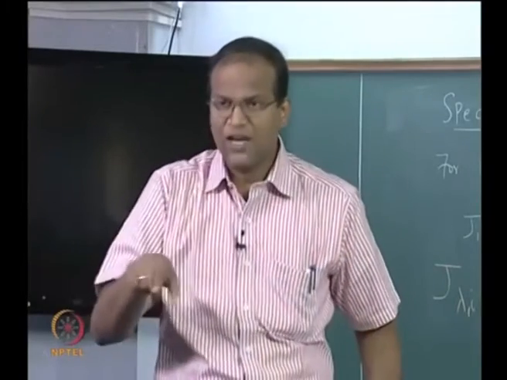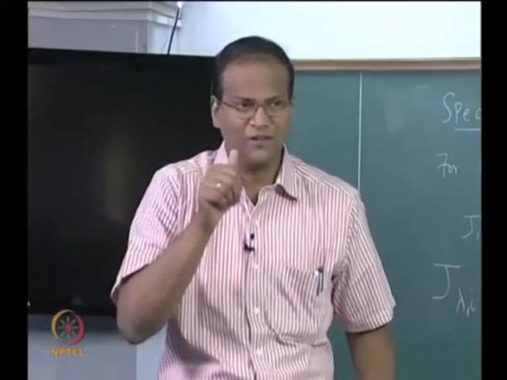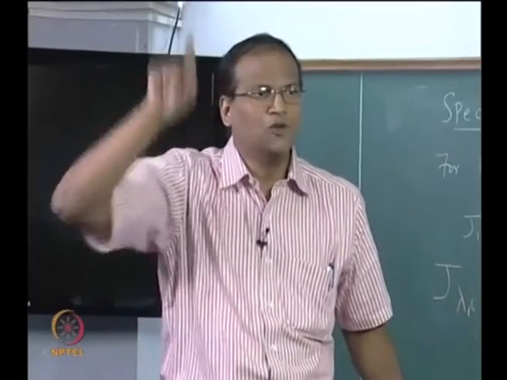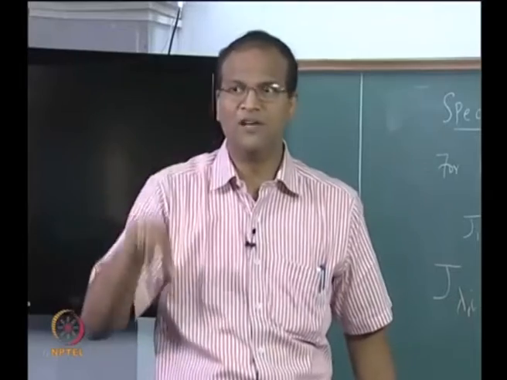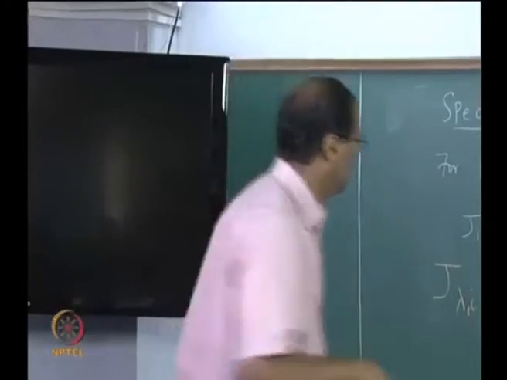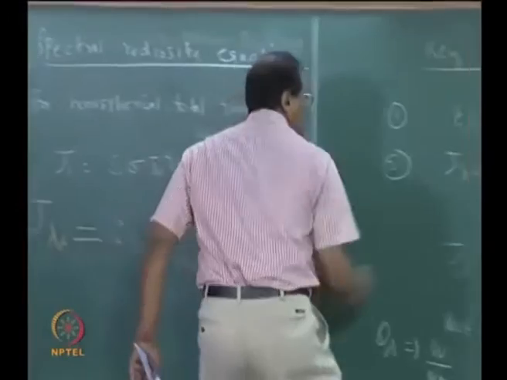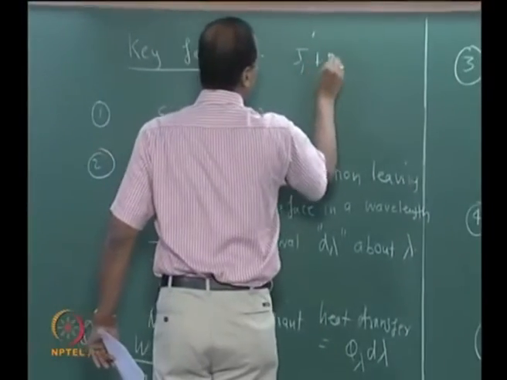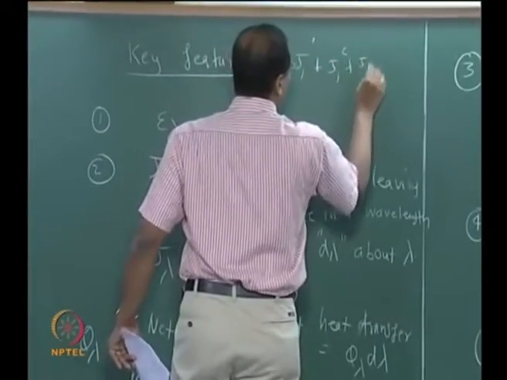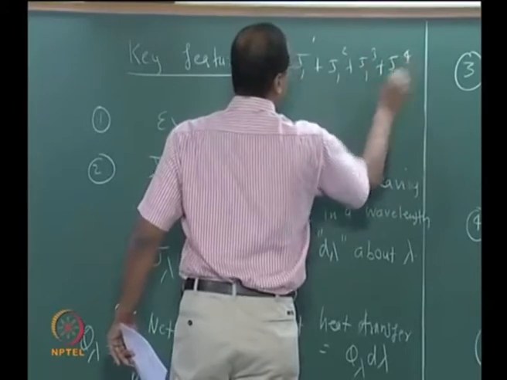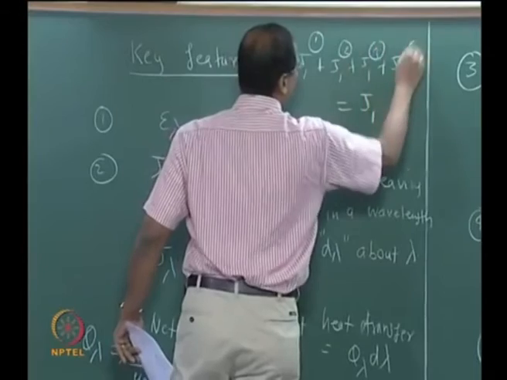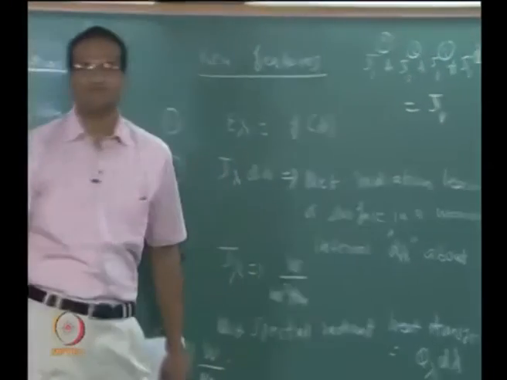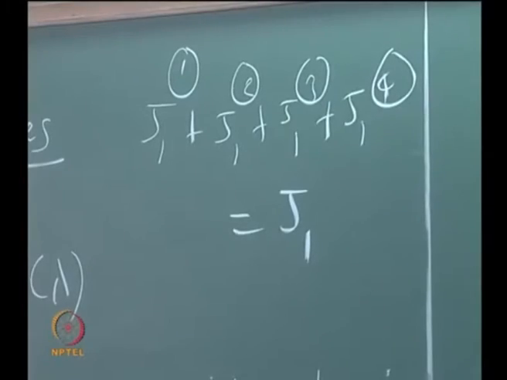Okay, so J1 itself, if 1 is the first surface, let us say we can use superscript 4 wavelength intervals 1, 2, 3, 4. Then you will have J1 superscript 1 plus J1 superscript 2 plus J1 superscript 3. Are you getting the point? All these refer to the wavelength bands. Okay, so now we will write the formulation completely.